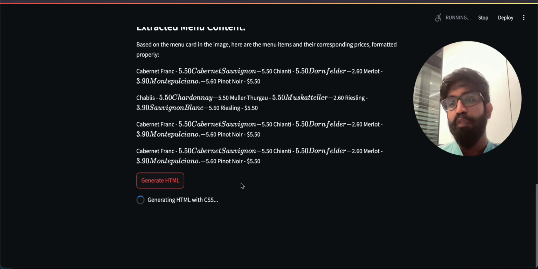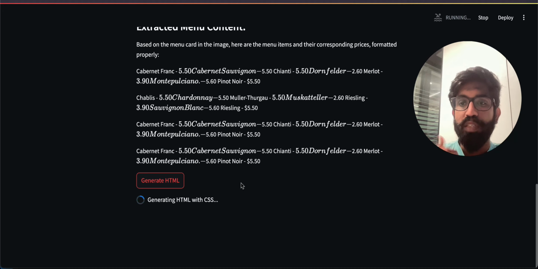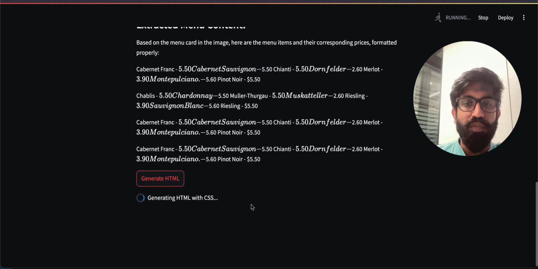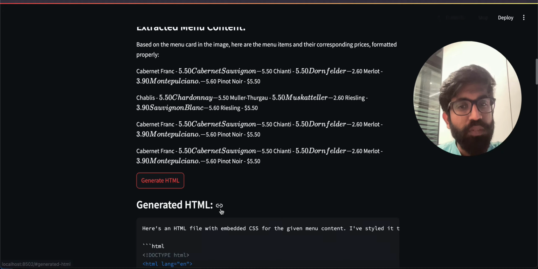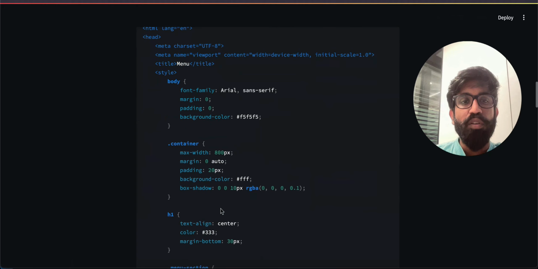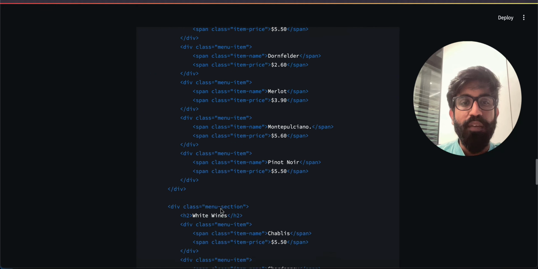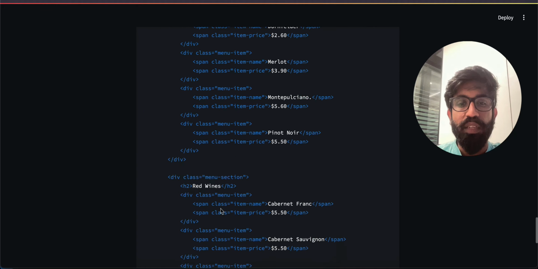Later on, if you want to make further customizations, you can go ahead and customize based on your preference. You can keep them in separate folders or different files, or you can keep them in a single file as well. So let this complete. It's taking a bit of time, but I hope this will be good. Okay, so now my HTML is also with me. I have this HTML. It has the items, pricing, and the